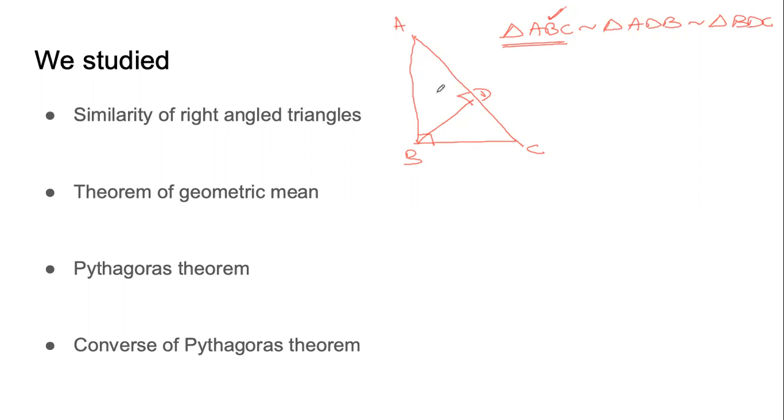Then when I look at the smaller triangle, I start with what I definitely know. I definitely know that angle A is common, so I start with angle A. Then I have to find the right angle, that is D. That leaves me with B. I don't remember this. I just know the logic.